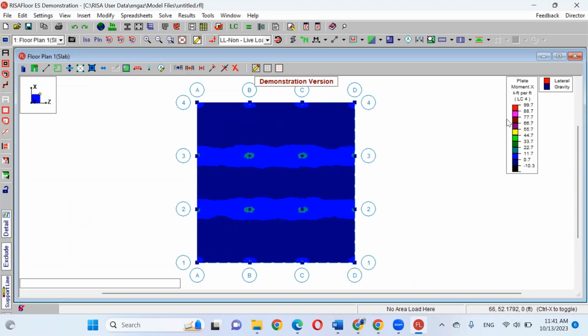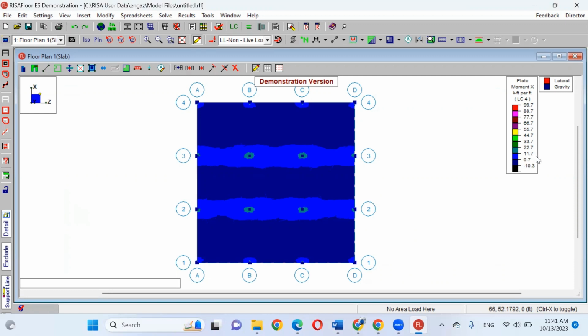Can you see here? We have a very dark blue color, ranged from 0.7 until 10.3. And we have light blue color, ranged between 0.7 and 11.7.